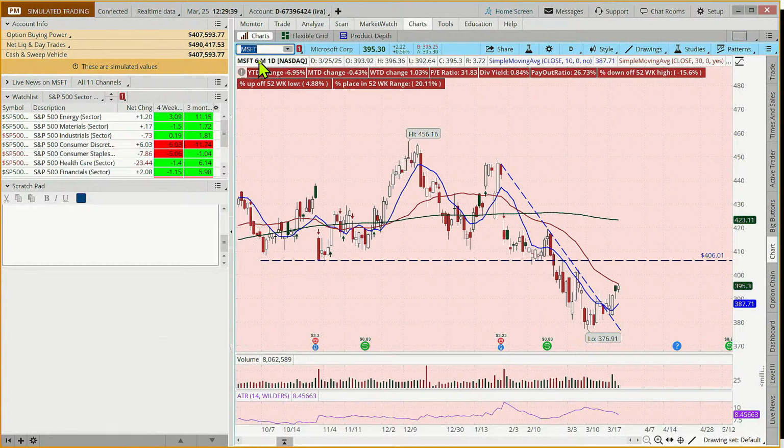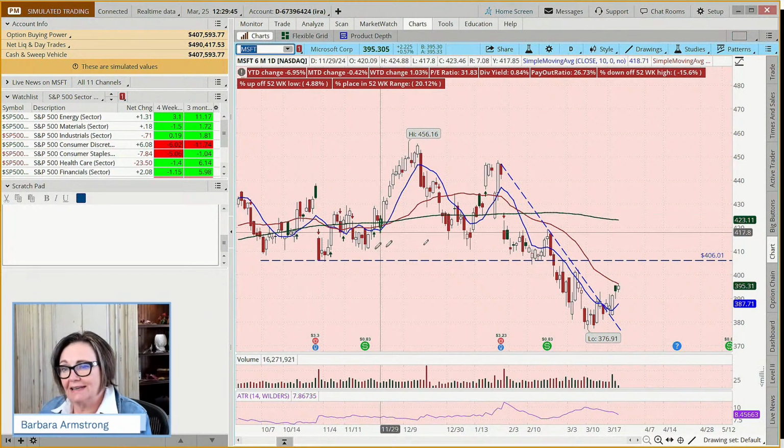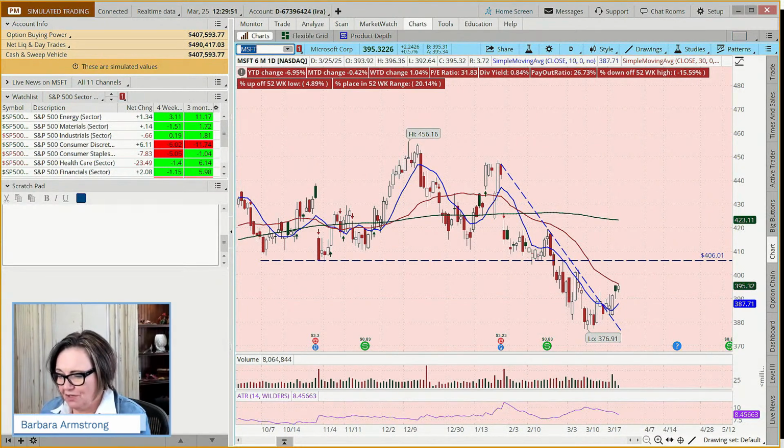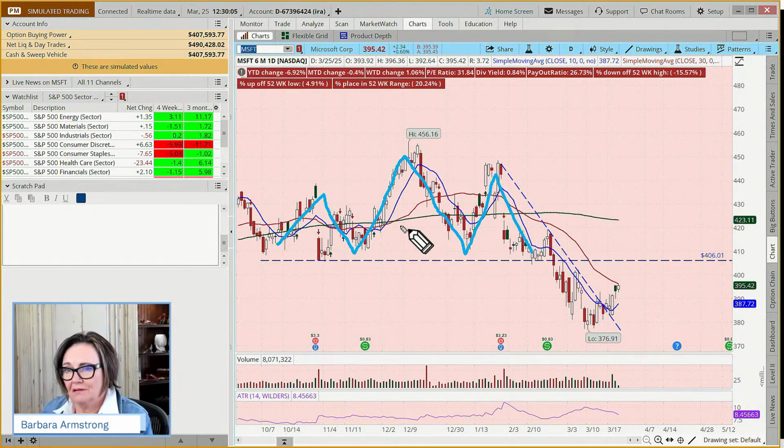Do you see why I chose this topic for today? Now, why am I drawing this sideways line? Well, this was acting as a support level, and we had this head and shoulders pattern. The bears were pointing this out to anybody who would listen. It's not a happy circumstance for the bulls, because if this breaks down, then the potential is for it to have this kind of move to the downside.